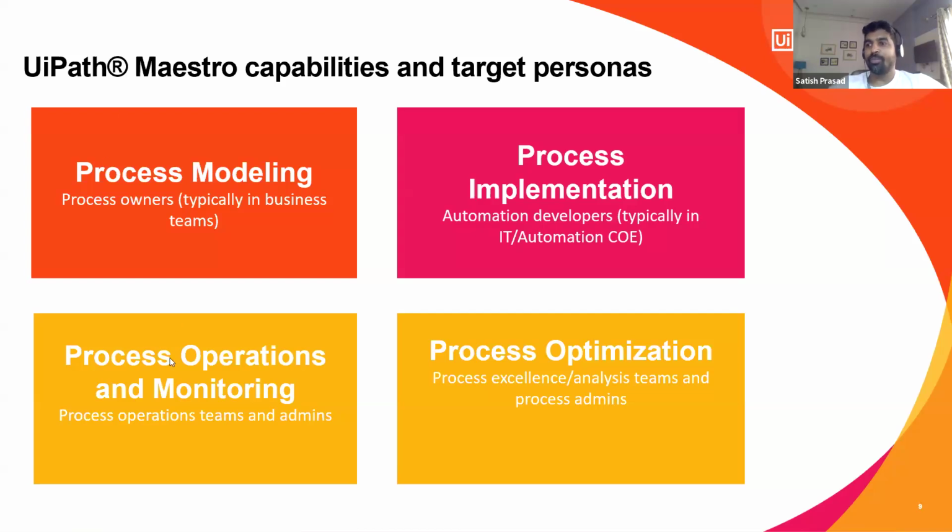And then there will be a process operating and monitoring team, which will be basically the RPA support team, or sometimes an RPA COE, who is taking care of the entire set of processes running in an organization. They'll be taking care of the process operations and monitoring. Then there will be persons like the business analyst or the process analyst, and their core goal and KPI is to optimize the workflow, improve process efficiency, and reduce the inefficiencies in the process.